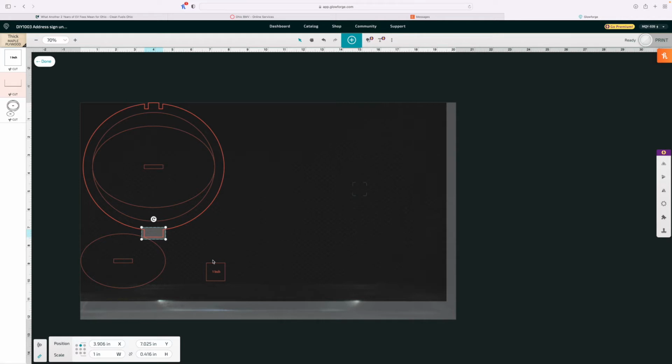We want the points up here to stay. We want this portion of the tab to go up or to go down. So what did I say? 0.41 is what we want. So we are going to click on the top